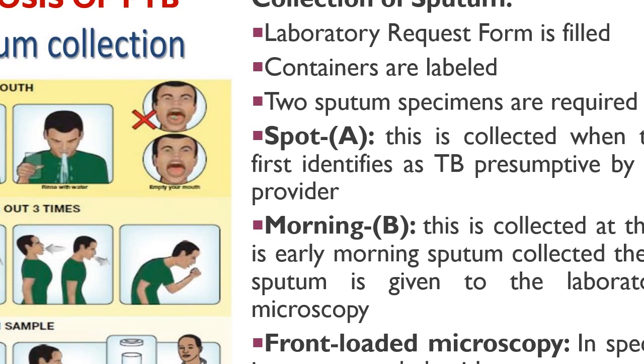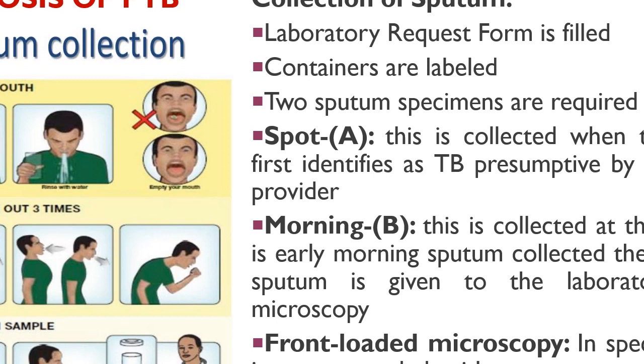Now, what are the prerequisites for collection of sputum? We need a laboratory request form which is properly filled. The containers which are used to collect sputum are properly labeled. We test 2 specimens of sputum for the diagnosis. One is called the spot specimen, which is collected when the patient is first identified as TB presumptive by the healthcare provider. And the second specimen is the morning specimen, which is collected at home, the early morning specimen collected after the first specimen is given to the laboratory,